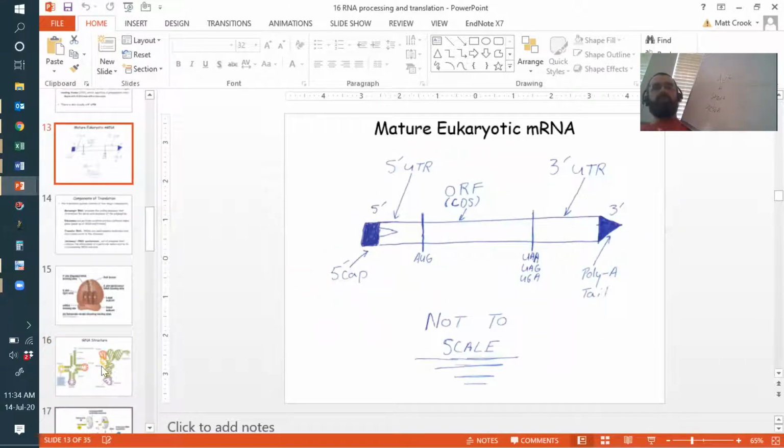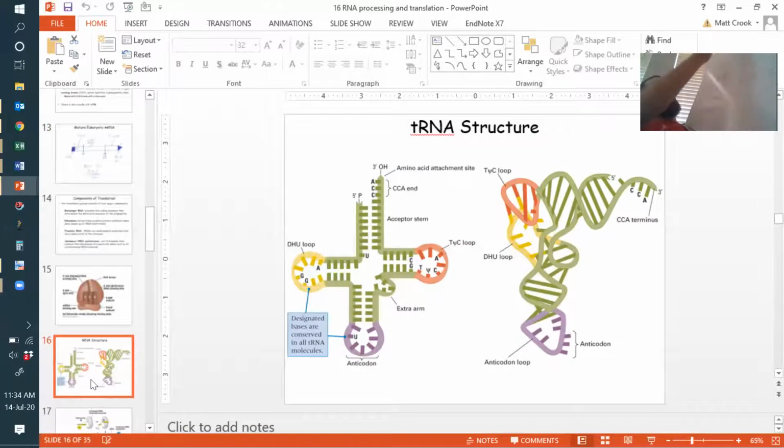Here's your AUG. And then you'll have, let's make it really big. That's a really crappy looking tRNA, but you get the idea. You will have the opposite at the bottom of that tRNA,